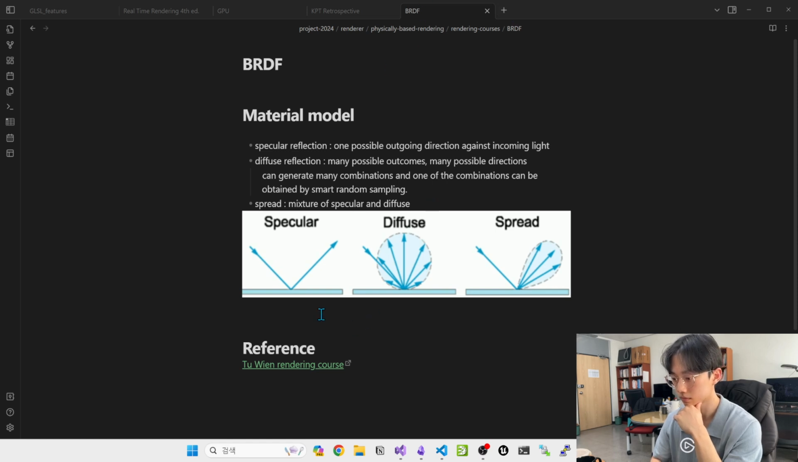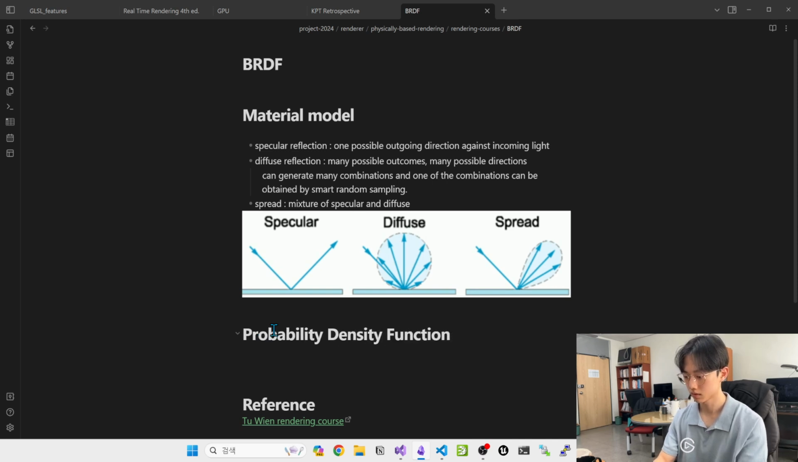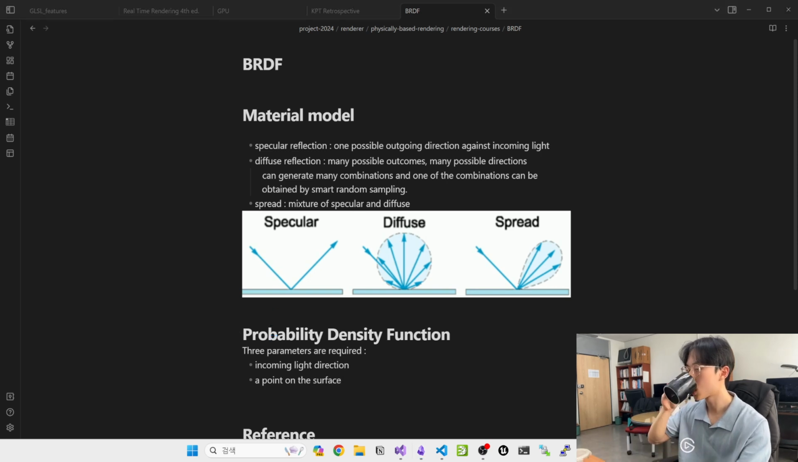Now, to formalize this in a way, let's create a function that's a probability density function with 3 parameters. So this is a 3-dimensional function. One variable is the incoming light direction. The other variable is a point on the surface, and what I'm interested in is how much light is flowing out from this point in different directions. Now, a bit more formalized,